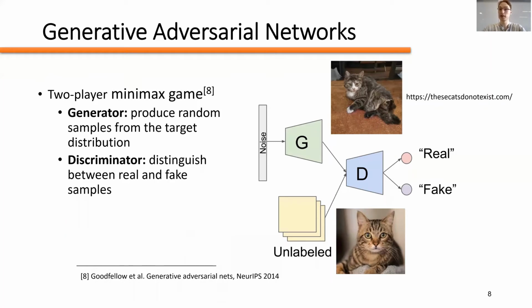So to understand our technique, we first need to briefly discuss generative adversarial networks, otherwise known as GANs. GANs were first introduced in 2014 by Goodfellow et al. to produce fake images. A GAN is a mini-max two-player game between a generator and a discriminator network. The goal of the generator network is to produce realistic images without access to real examples.